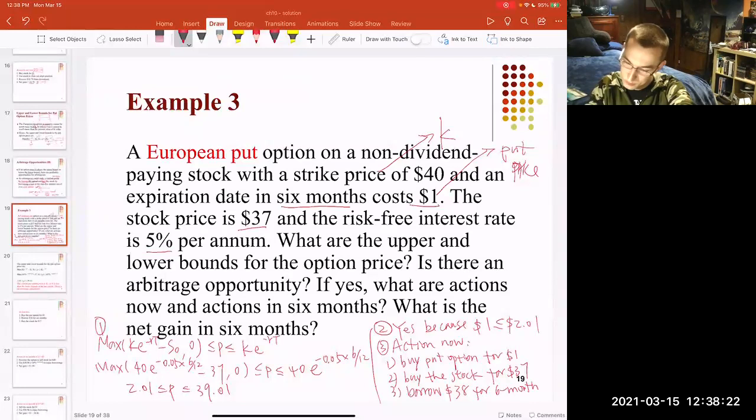Okay, then we're gonna talk about the actions in 6 months. If stock price is greater than the strike price 40... let's talk about the less than case first, because this is a put. When the stock price is lower, you basically will exercise the option, right? So when stock price is lower than 40, you should exercise